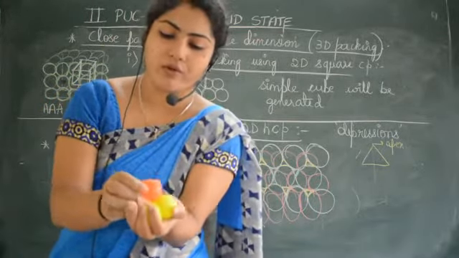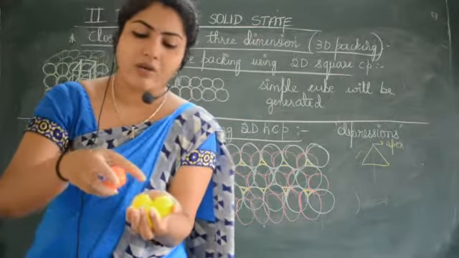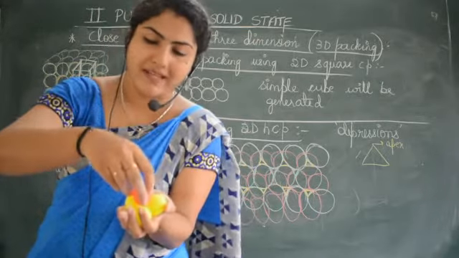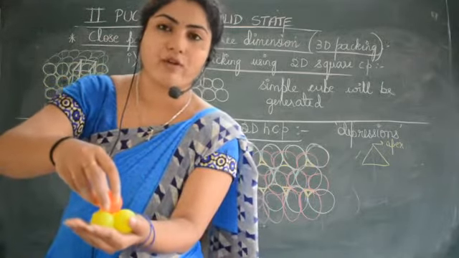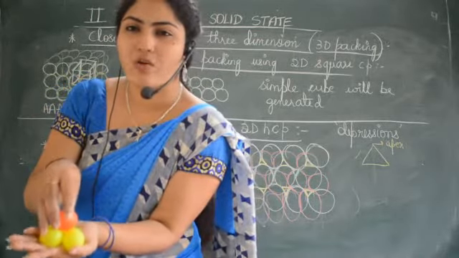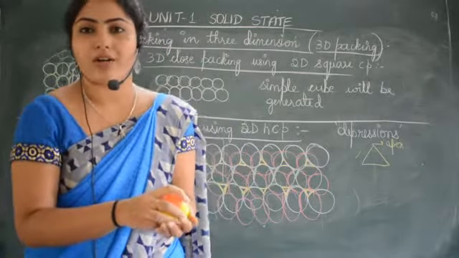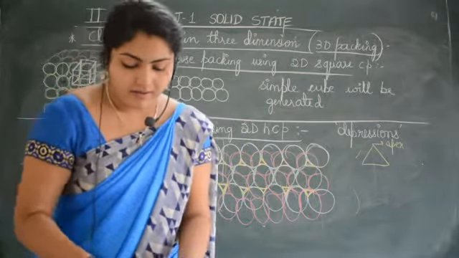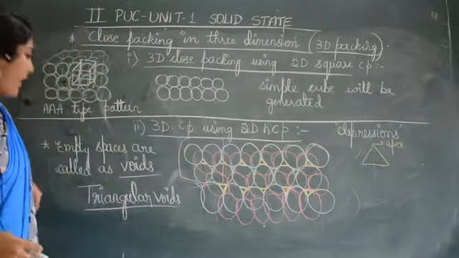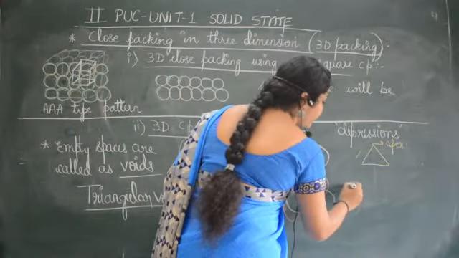Why a new void? See the spheres, here three spheres are there. To cover this particular void, the empty space, one more sphere was placed. Now the shape is like that of a tetrahedron, and inside there is one more space now formed, and that void is called a tetrahedral void. What is it called? Tetrahedral void. I'll just try to write it here. Hope you're getting the point.